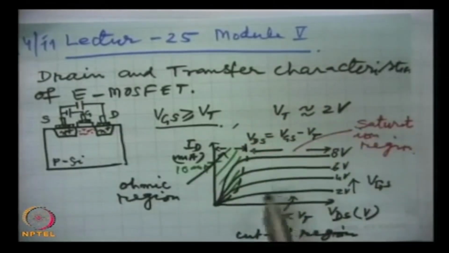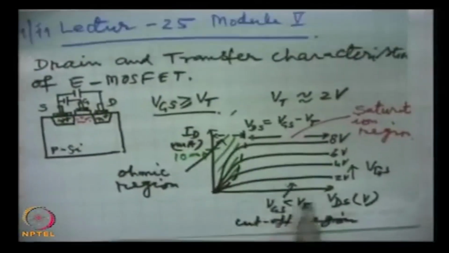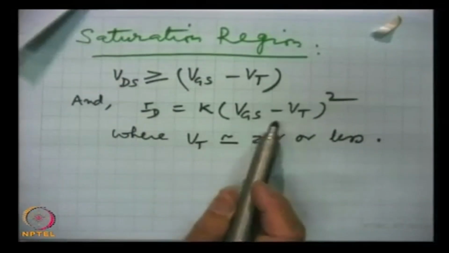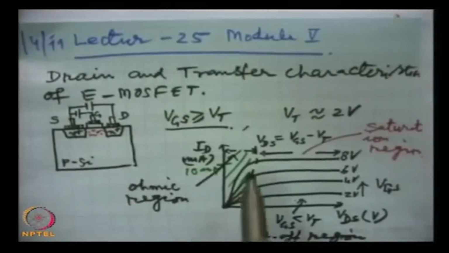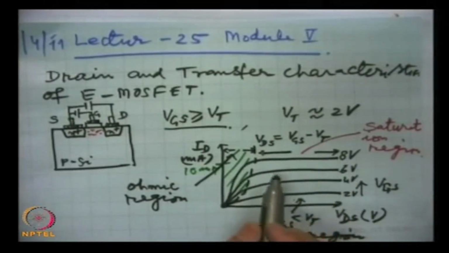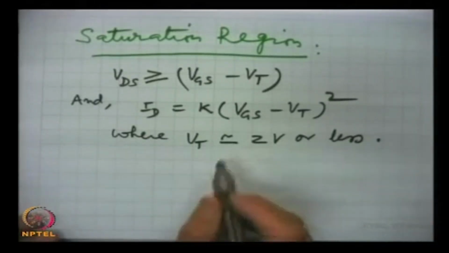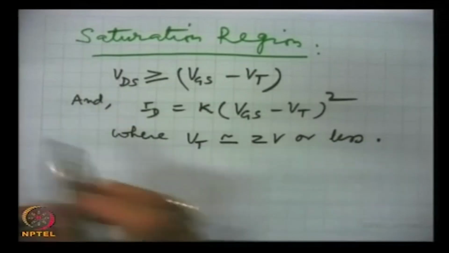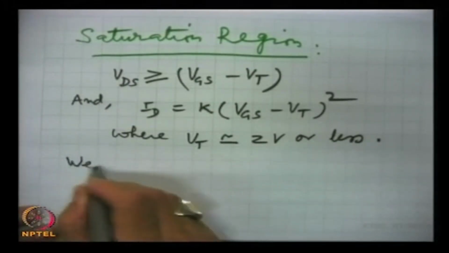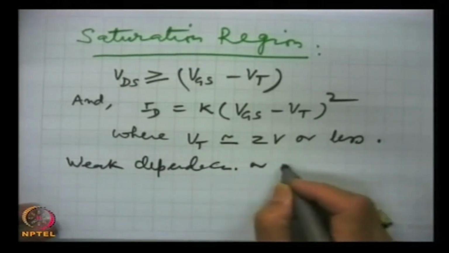Here we have shown that the drain current is independent of the drain source voltage, but we will see a little later, when we go into greater detail, that there is a mild dependence. So in this region there is a weak dependence or no dependence